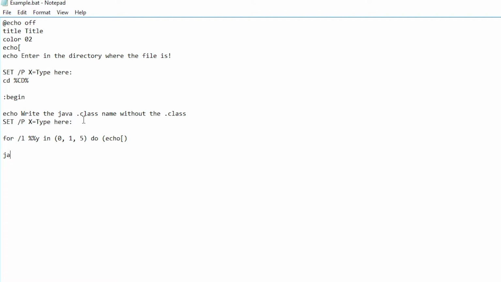So our Java name, we're just going to put Java, and then we've used X, right? So we're going to do %X, that sign. That's going to actually run your Java program. So that's all you need if you just want this to run your Java program. But say you wanted it to run another program within the same directory again. Remember, you can make it run another program in a different directory by moving this label above where we prompt